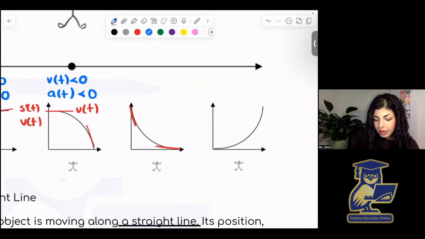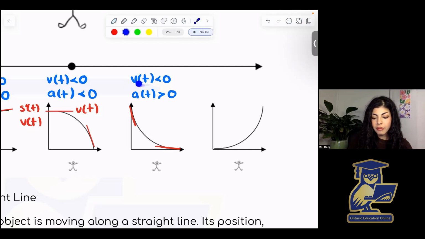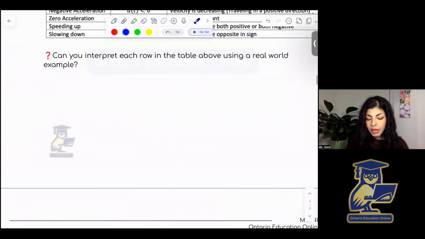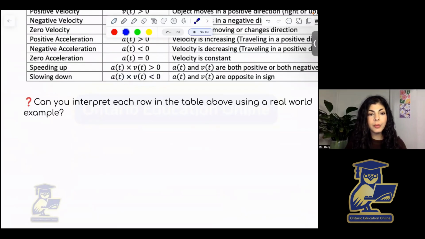We do have those velocities as 0, those tangents are 0, but we can see that they are actually becoming more and more positive. So the rate of change here, which is our acceleration, is actually positive. And in this case, though we are moving in the opposite direction because of v of t less than 0, if we go back here, when you multiply them, it is less than 0,